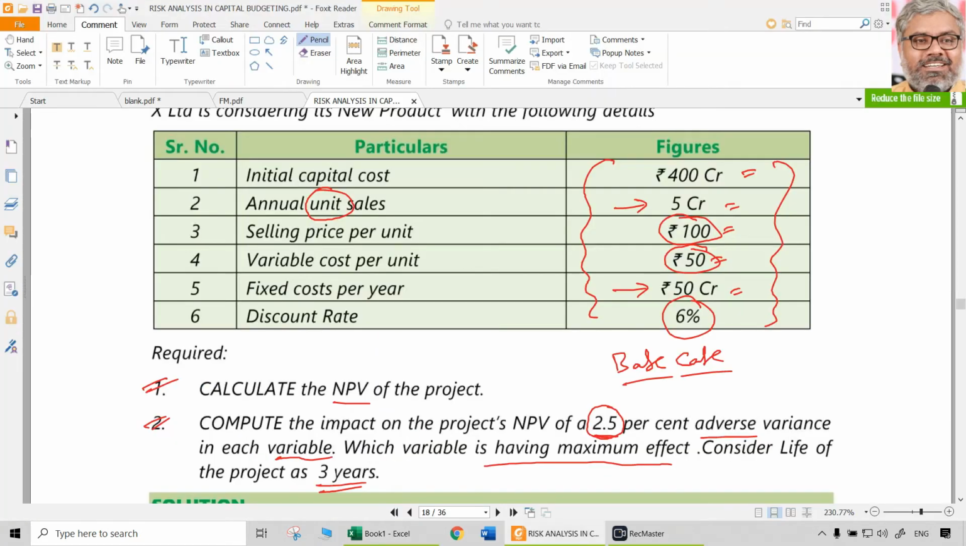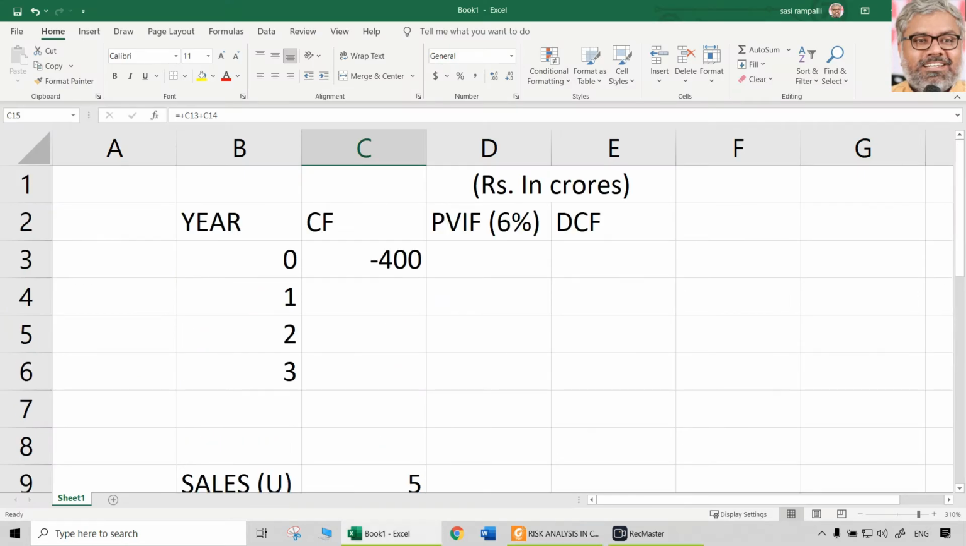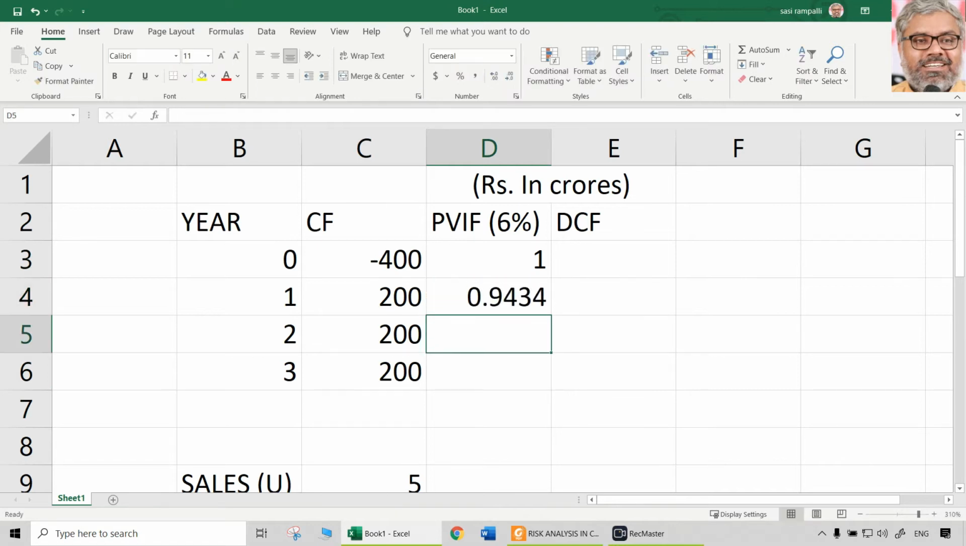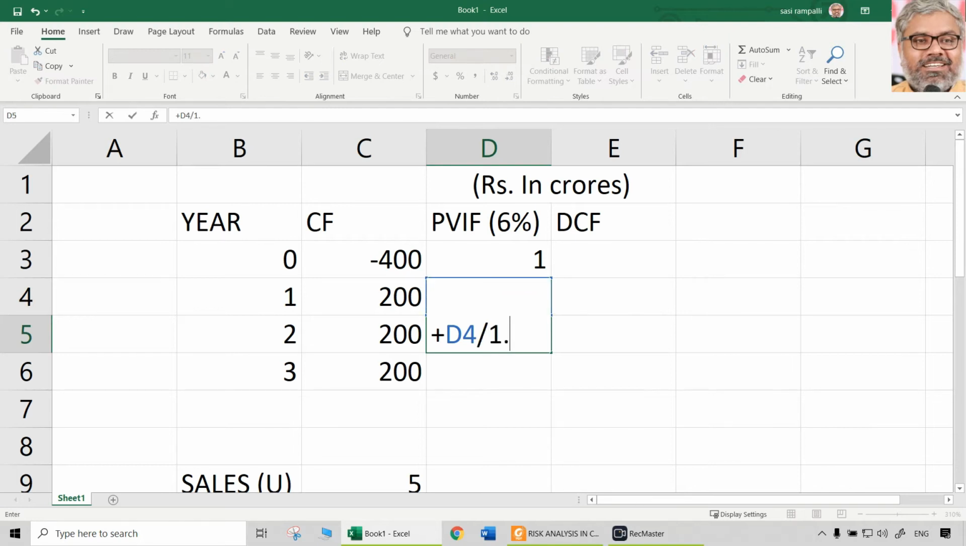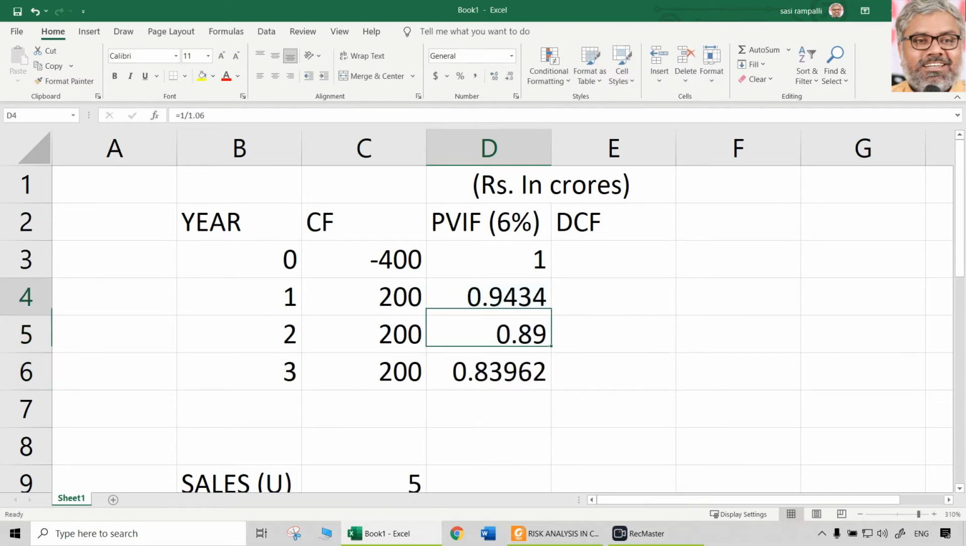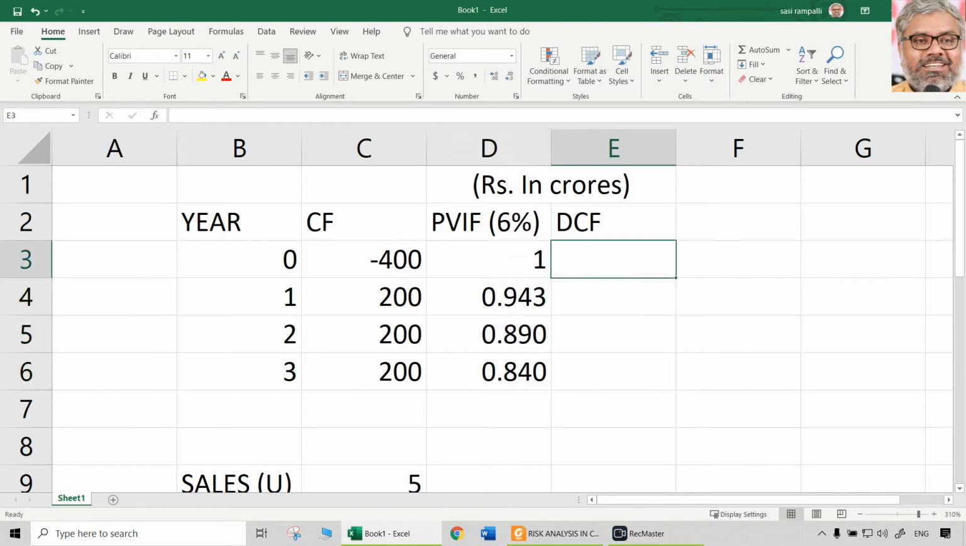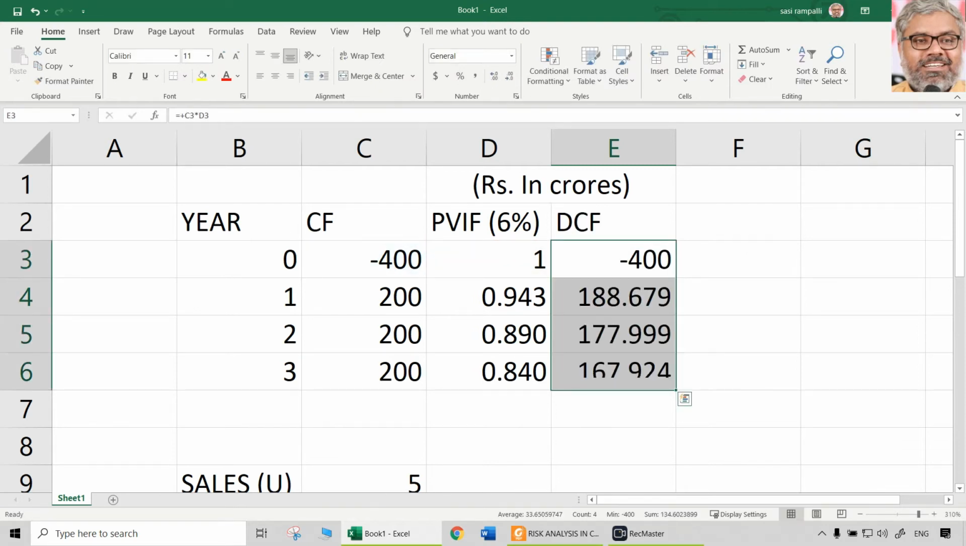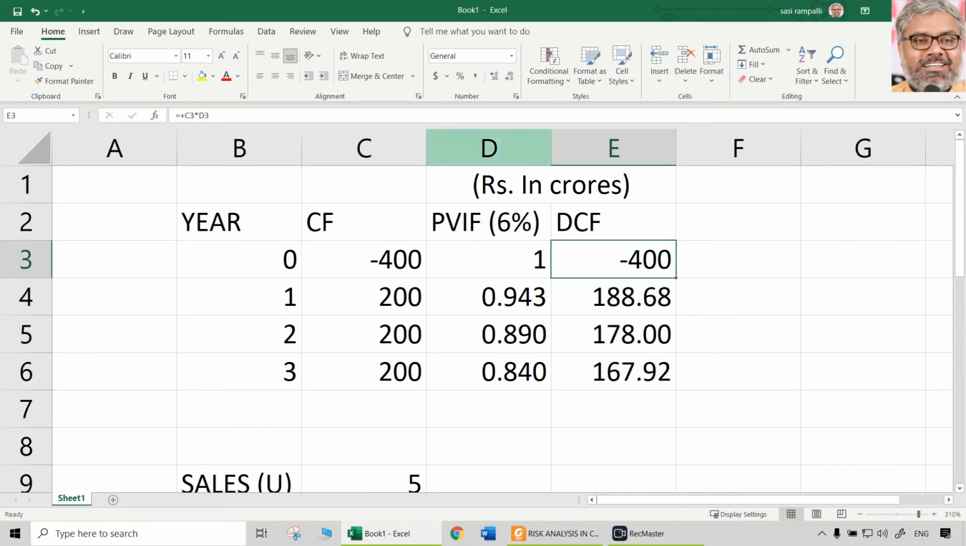Like that, for each year there will be a profit of 200 crores. 200, 200, 200. We can take annuity factor also, no problem. But let us just take it easily. 1 divided by 1.06, that divided by 1.06, that divided by 1.06. Let us take 3 decimals. Then discounted cash flows will be cash flows multiplied with PVIF. Then the remaining things also will be similar to that. Take 2 decimals